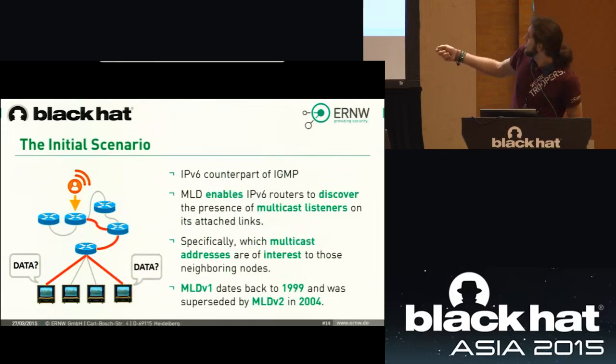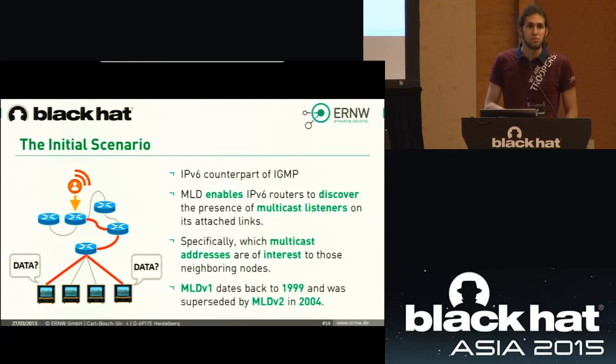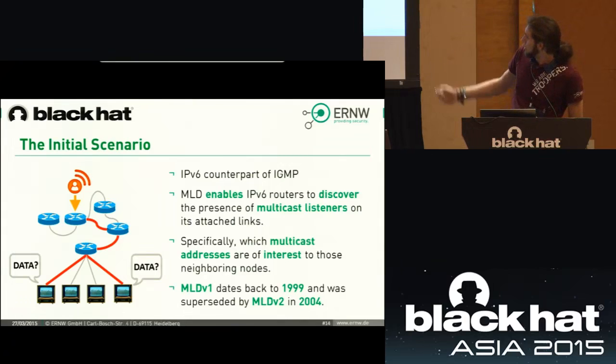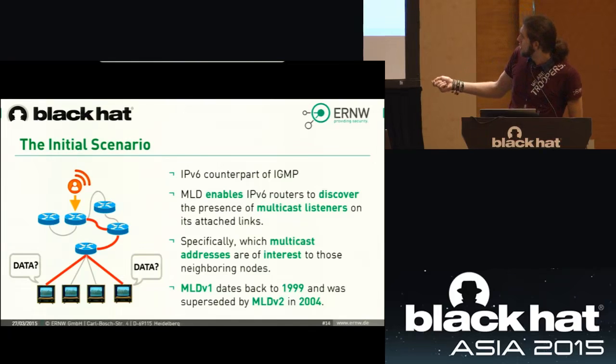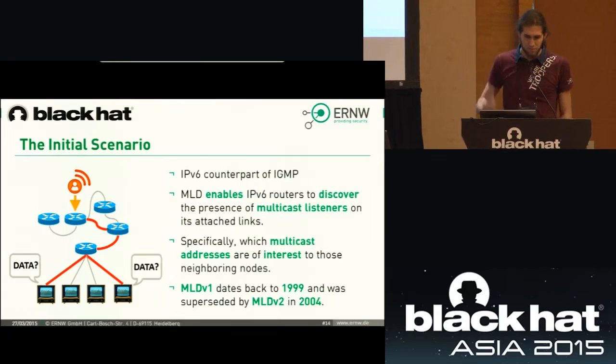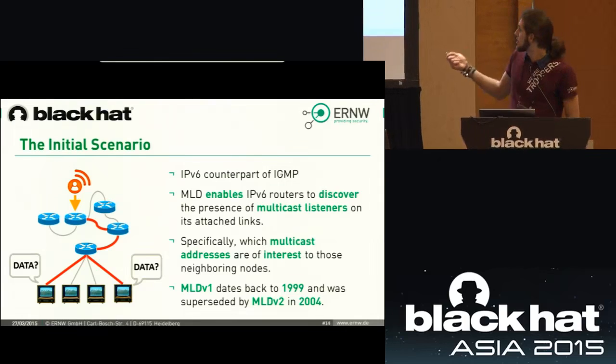Our initial scenario is we have our data streams or our multicast sender in our environment, which sends this data stream to our network infrastructure, and then we have some listeners who want to get in contact with the stream or get the data from this stream, and they will call our router and say, hey, I would like to listen to this multicast group, they have some data for me, and then the router will take action to get the data stream to the listener.